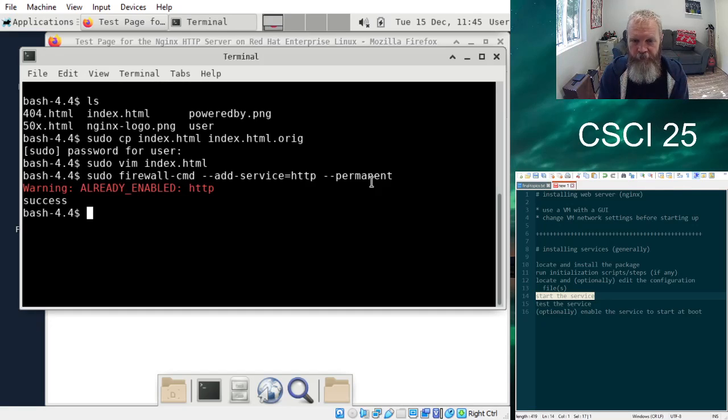Okay, so we had to poke a hole in the firewall, which we just did. Once we poked a hole in the firewall, we need to reload the firewall rules so that the new definition, that hole for HTTP, is actually loaded into the firewall. That's the first two steps. The last one